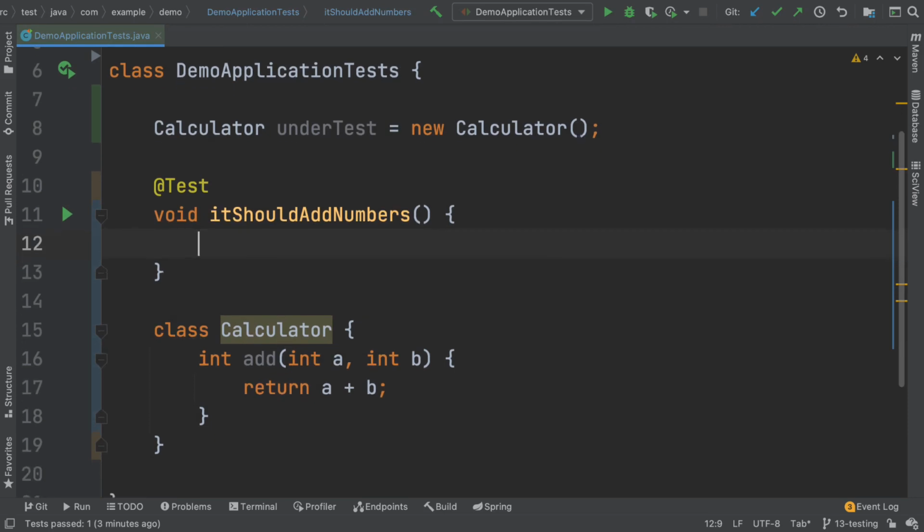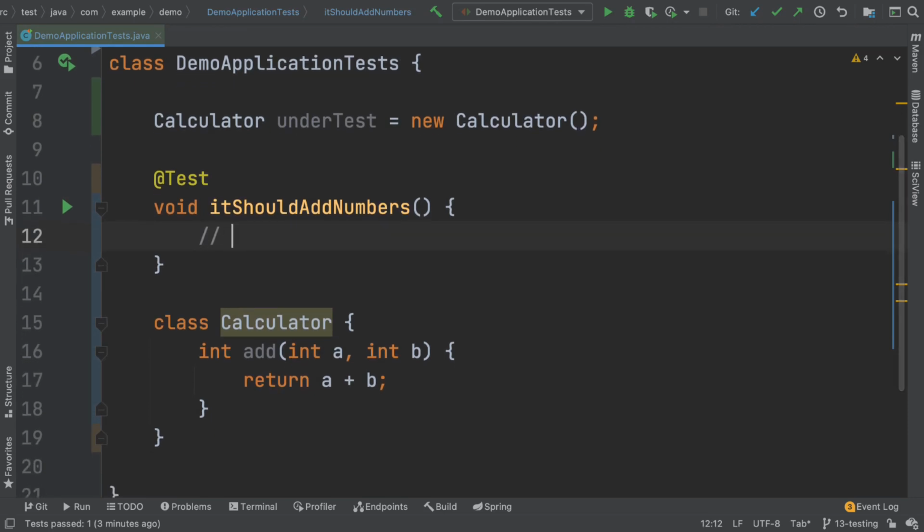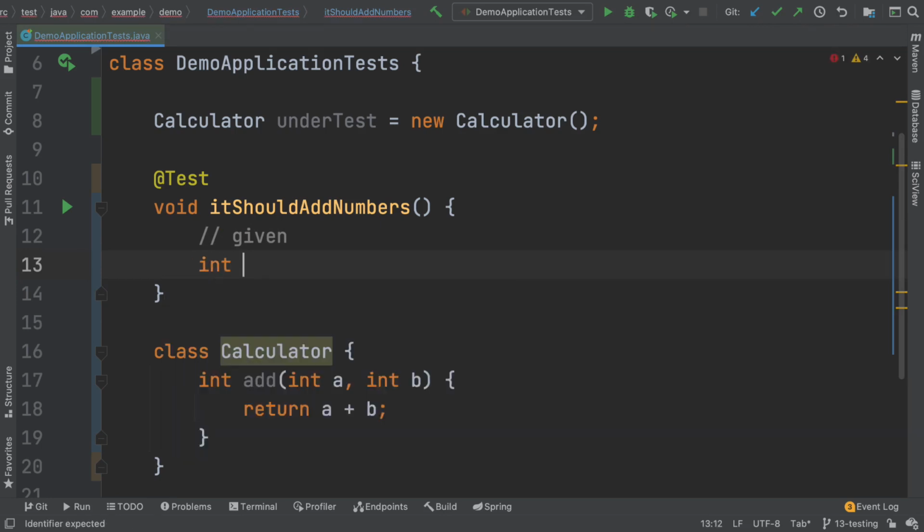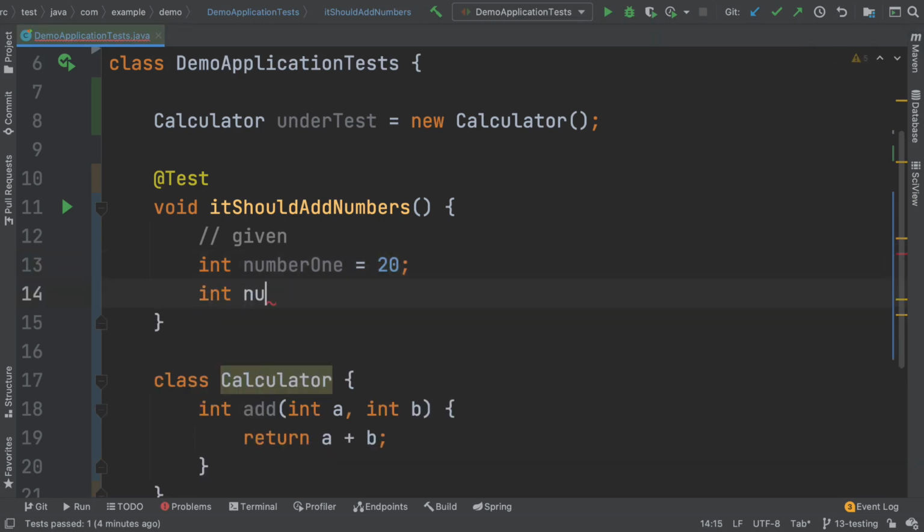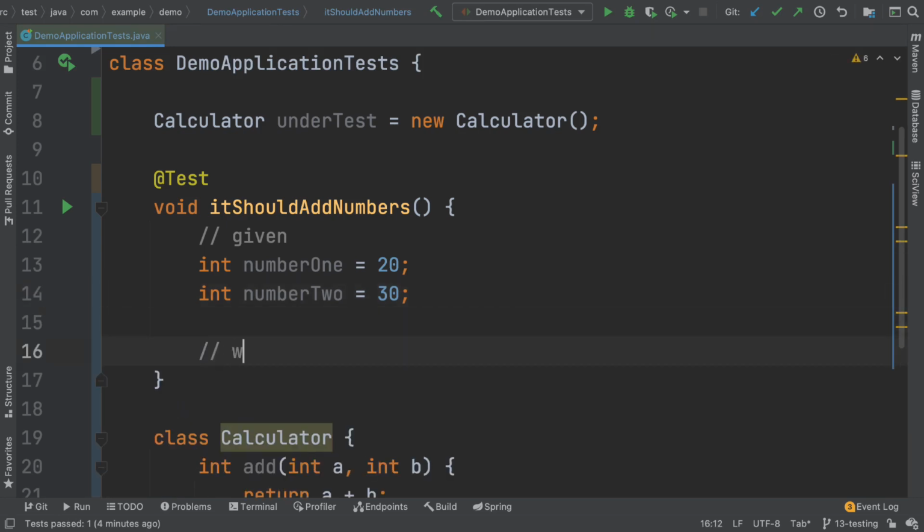So here I'm going to say // given, and then int number1 equals 10, for example, or 20, and int number2 equals, let's say 30. And here I'm going to say // when,